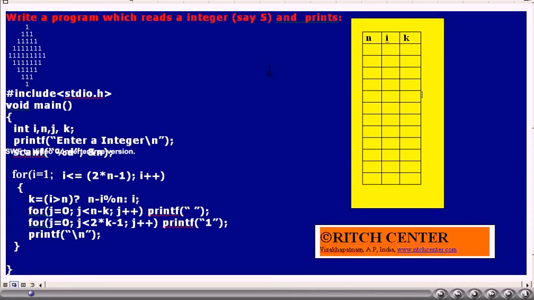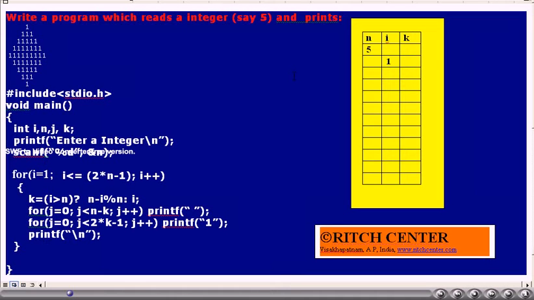As usual, stdio.h is included, main is defined. The variables i, n, k are defined. A value for n will be read, and the for loops are designed according to our discussion. Let us try to simulate this program with a value of 5 for the variable n.